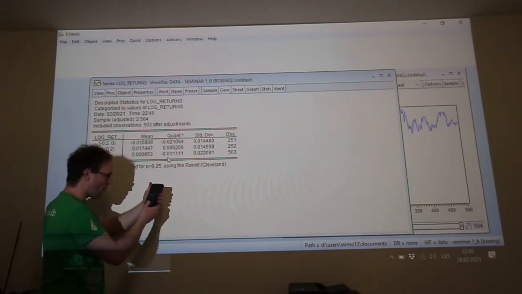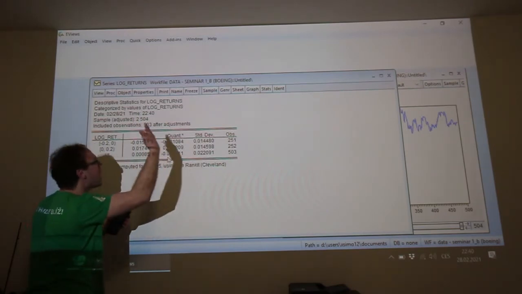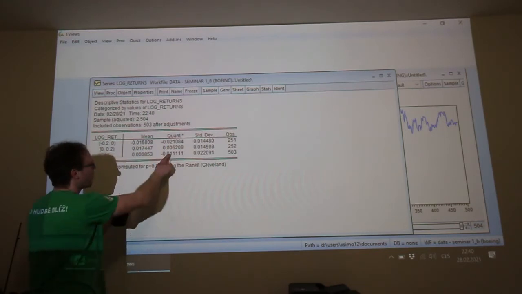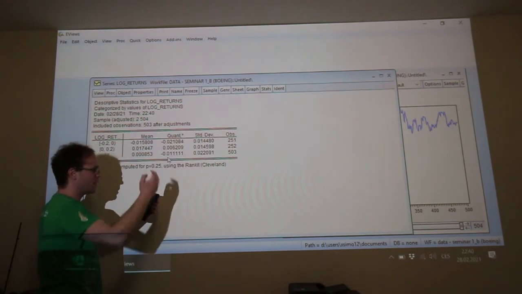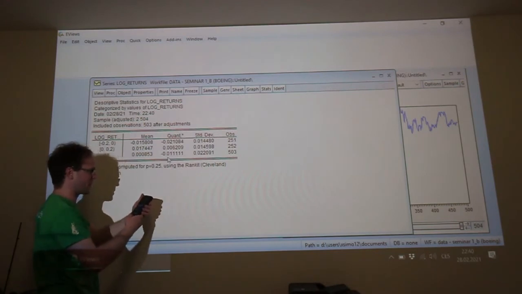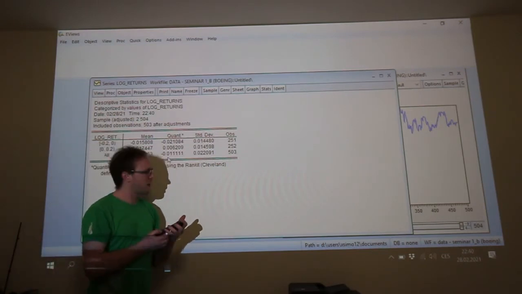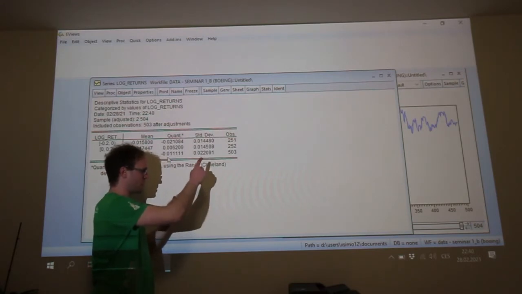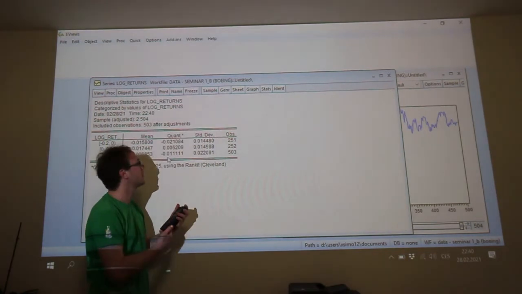I will open parenthesis and I will write minus 0.011111. I will close the parenthesis, enter, and I will see that the interquartile range is 0.025688. Yes,